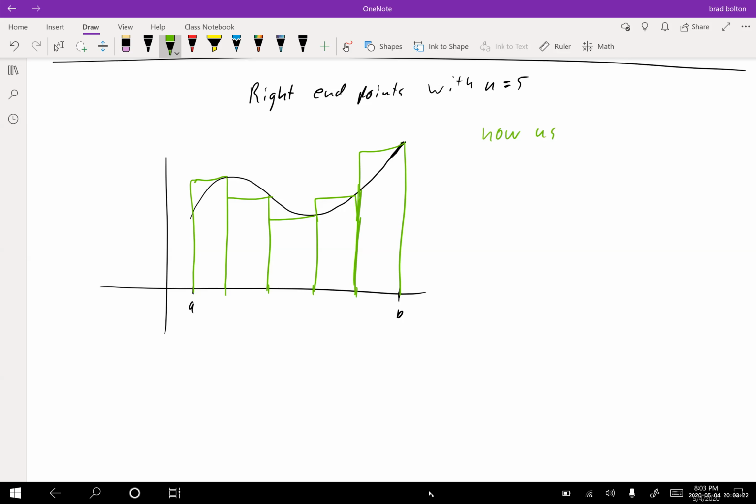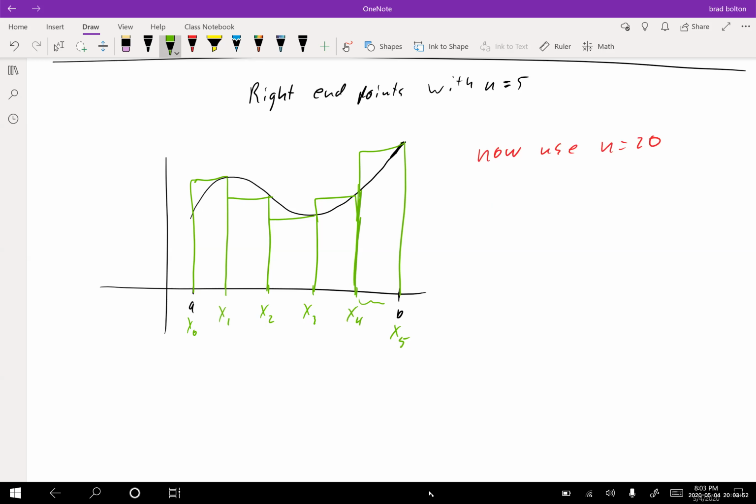So what if we wanted to now use, let's use red, n equals 20 for this. Well, first let's look here. This A would have been my x sub 0. This would have been my x sub 1, my x sub 2, my x sub 3, my x sub 4. This would have been my x sub 5. Whatever n is, that's how many pieces you divide the distance into. So you would normally say B,